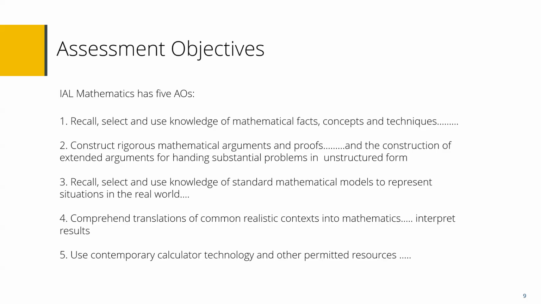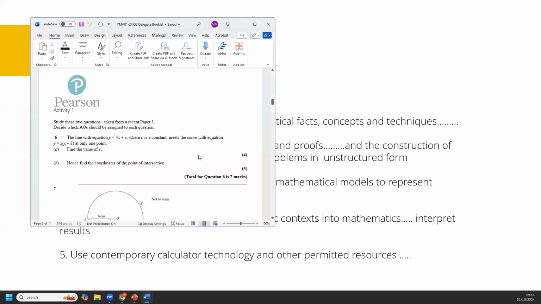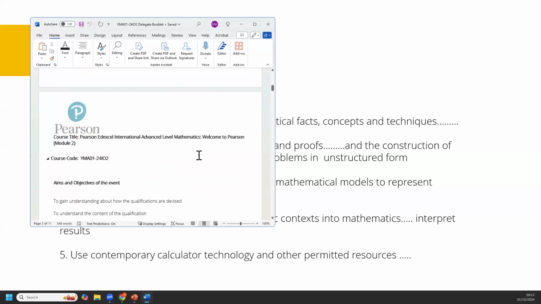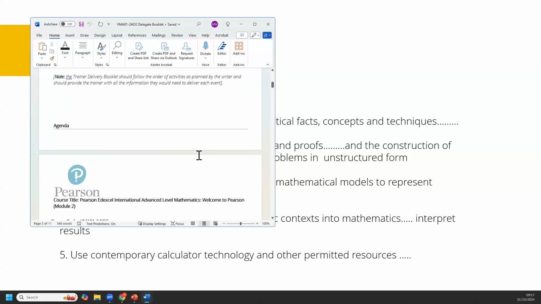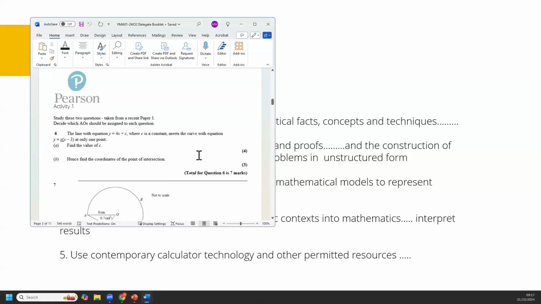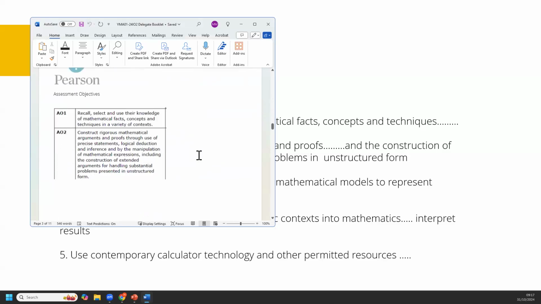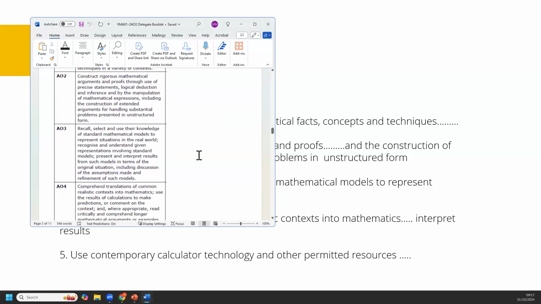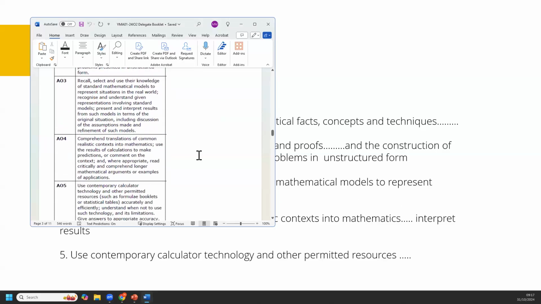They're in the delegates booklet, under activity 2. So if you have your delegates booklet, which I'll put on the screen right now, it's this one here. You should have downloaded this one. If we scroll down to the second activity, there they are. So you can refer back to them at any point.